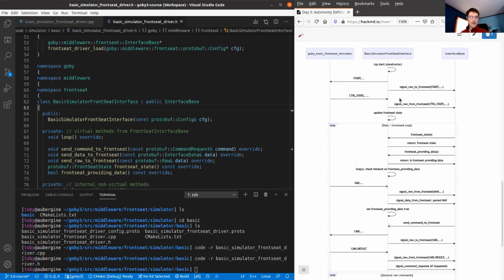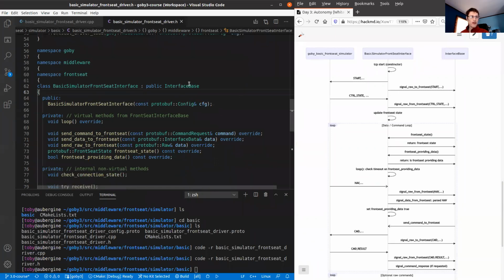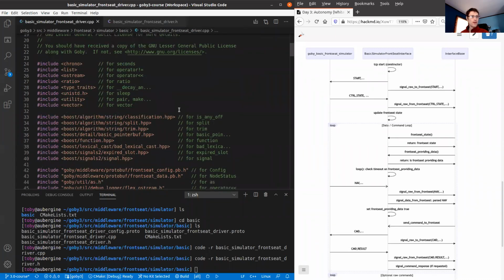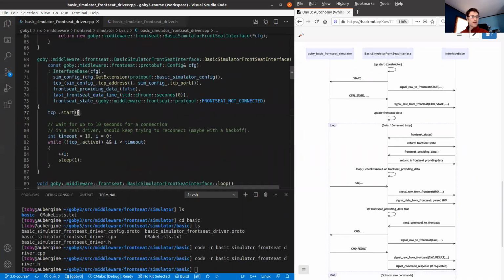So following along with the sequence diagram and the code in the constructor for the front seat simulator interface, we start up a TCP connection to the simulator. And once that's active, we're good to go.